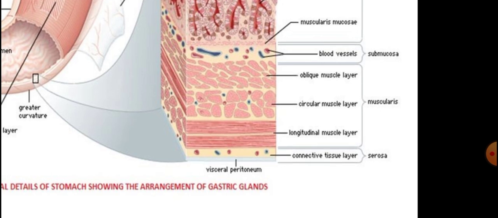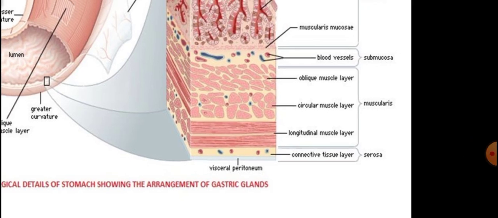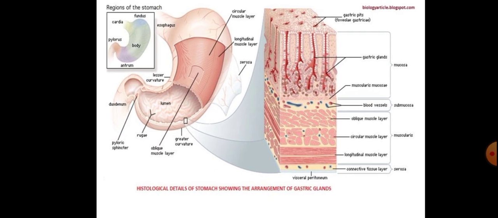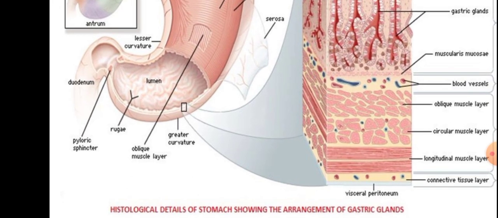The specialty of the muscularis externa is that otherwise there are 2 layers, that is longitudinal muscles and circular muscles. But here in the stomach there is a specialized layer of oblique muscles. So oblique muscles you can see only in the stomach. So this is a histological diagram of the stomach. There is mucosa, then followed by submucosa, then muscularis externa, and finally there is a serosa, which is nothing